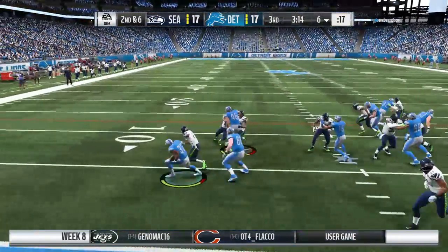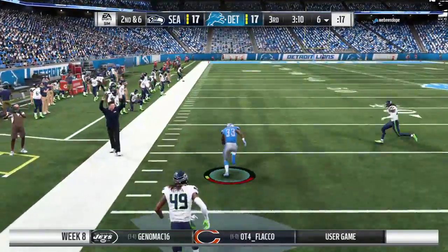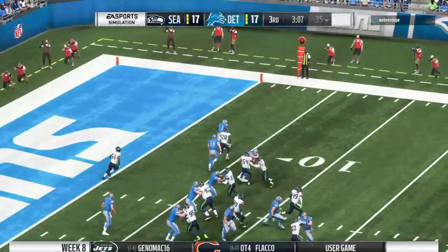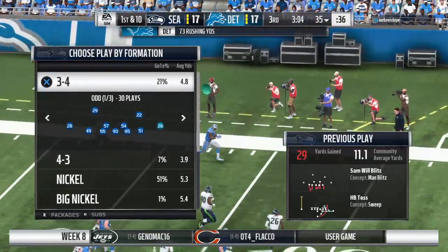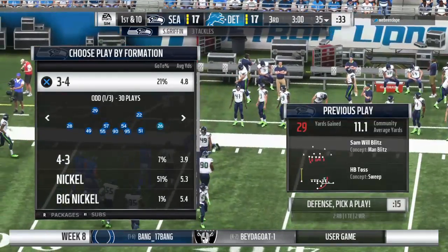They stay on the ground. This time it's Johnson. A strong running. And they're going to get this one up to the 35-yard line. A big run there. 29 yards and a 1st. That's a nice run by Kerryon Johnson, the rookie out of Auburn who went in the 2nd round to the